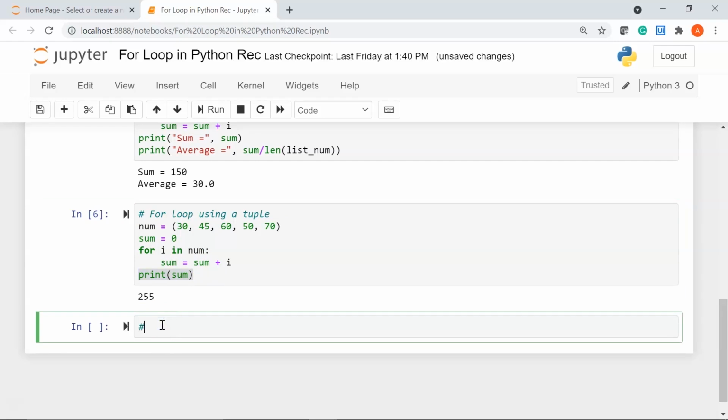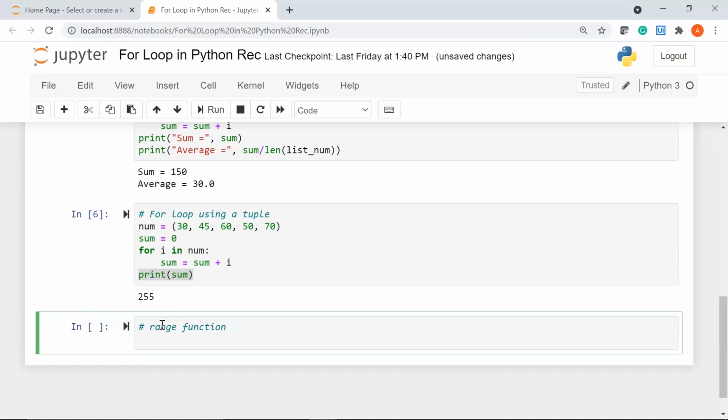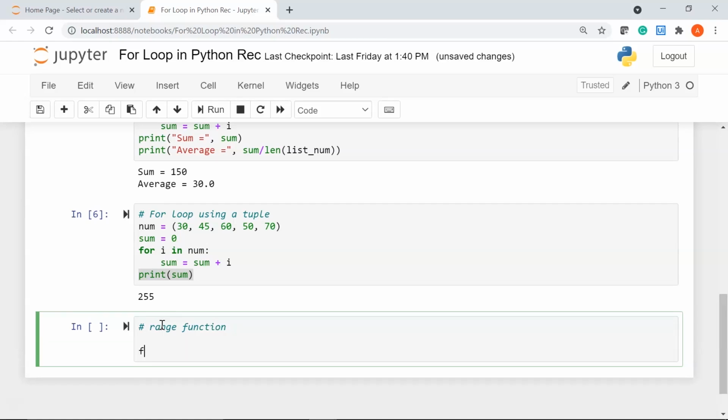Now let's see how you can use the range function in Python. Okay, so you can use the range function to iterate over a range of values or numbers using a for loop. The way to do it is I'll say for i in my function range, I'll give my first index as 1 and my end index as 10.